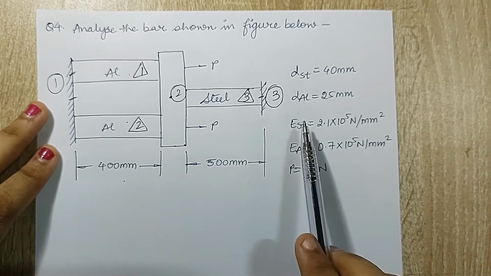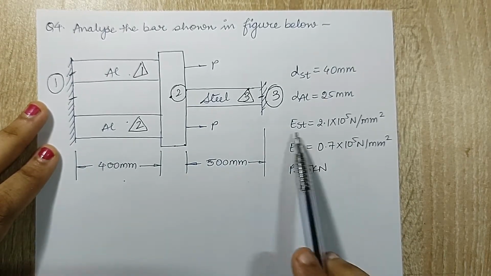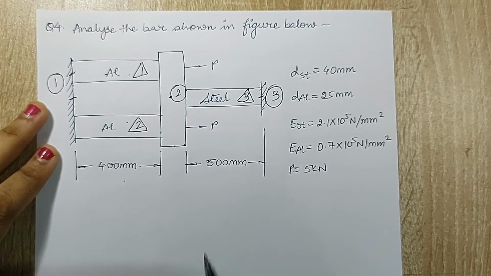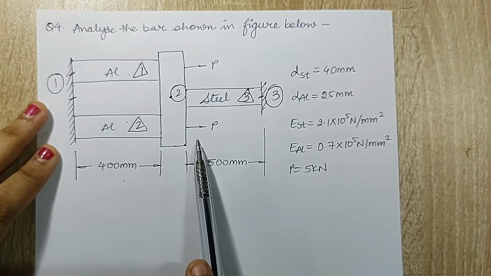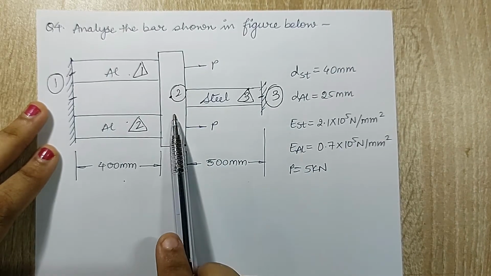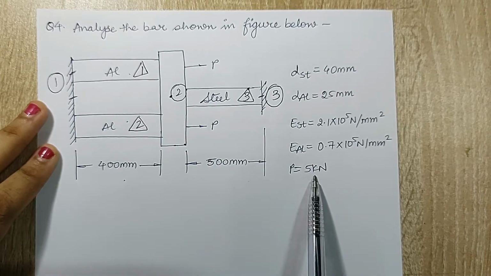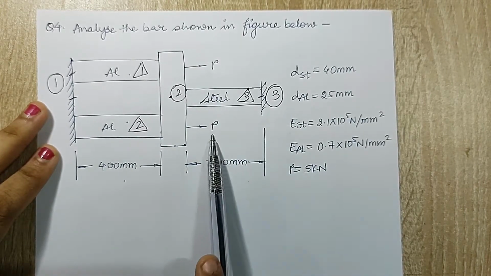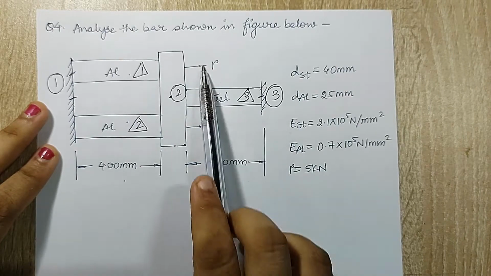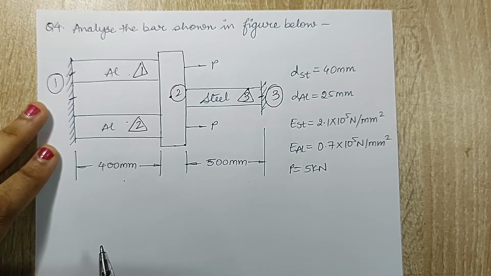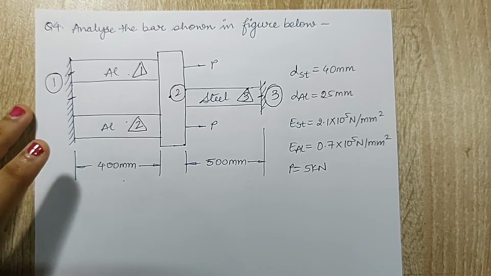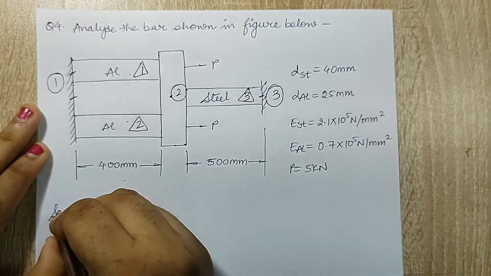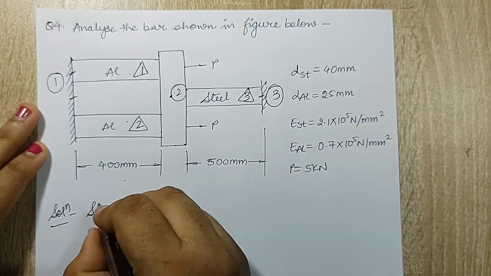The diameters of steel and aluminium are given, and E of steel and aluminium are both given. There is a load applied on this junction, or this connecting portion, P of 5 kilonewton. Now if you observe, there are 2 P's given, which means my total load at this junction, on node 2, is actually 10 kilonewton. So we will start the solution with step 1,